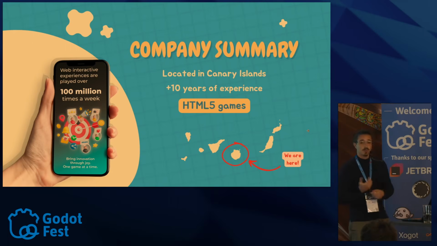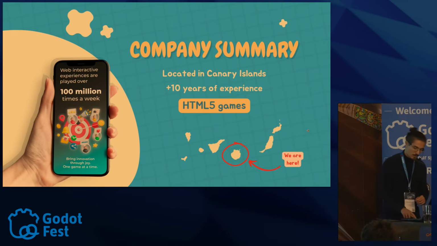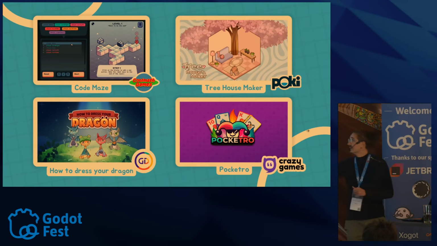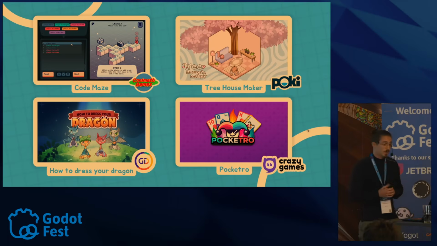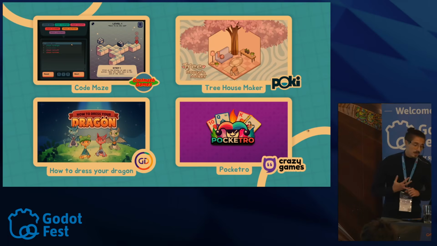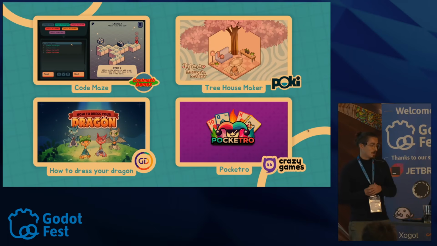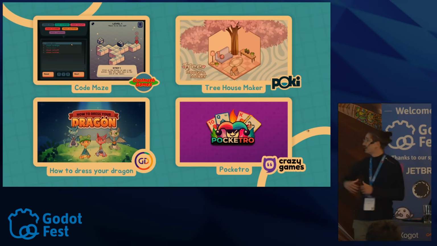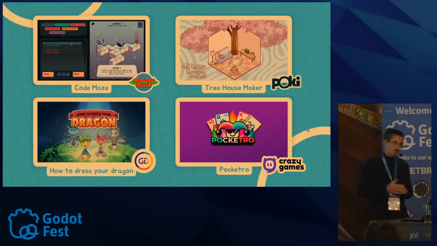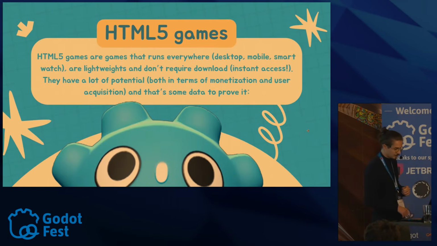So we do serious games, educational games, and more recently we started publishing games on platforms like CrazyGames, Poki, and Playgamma. So our games are available to the public. Those are some of the games we published on different platforms like, as I said, Poki, CrazyGames, and Cool Math Games, which focus on puzzle, mathematical games, or game distribution. You can find those games available online. I will also share the slides at the end of the presentation.